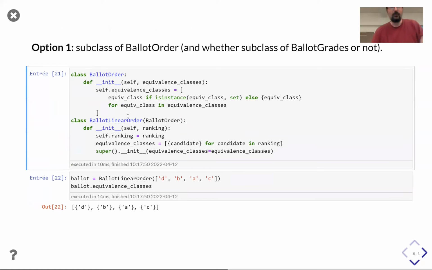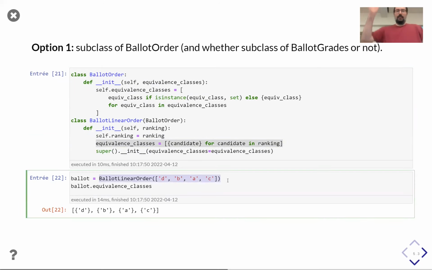So now I have my class ballot order, and when I have a ballot order, I register the equivalence classes as usual. And I have my class linear order, and when I input a ranking, which is a list in that case, I register the ranking somewhere. I deduce the equivalence classes and so on. So if I enter a ballot like DBAC, the equivalence classes will be singleton D, singleton B, and so on. So it works fine.